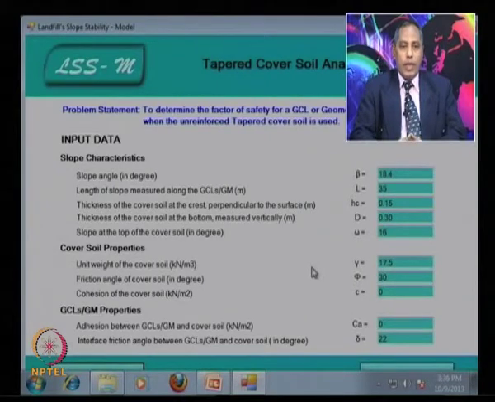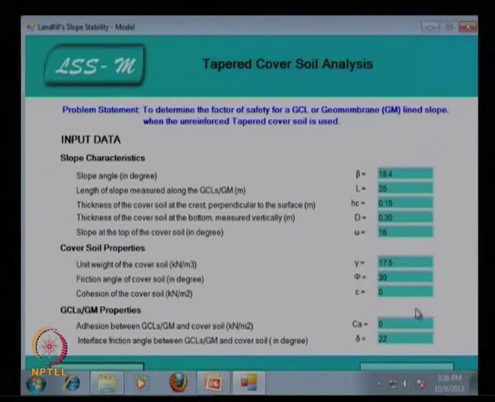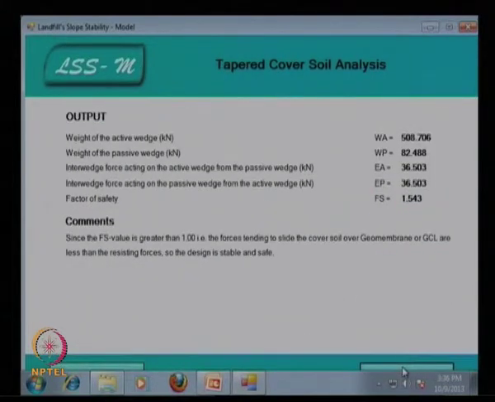And geosynthetic clay liner or geomembrane property, that is adhesion between the geosynthetic clay liner geomembrane and the cover soil, that is Ci is equal to 0. Interface friction angle between the geosynthetic clay liner and geomembrane and cover soil is about delta is equal to 22 degree. So if you substitute or input this data, okay, case A, so this is the output,